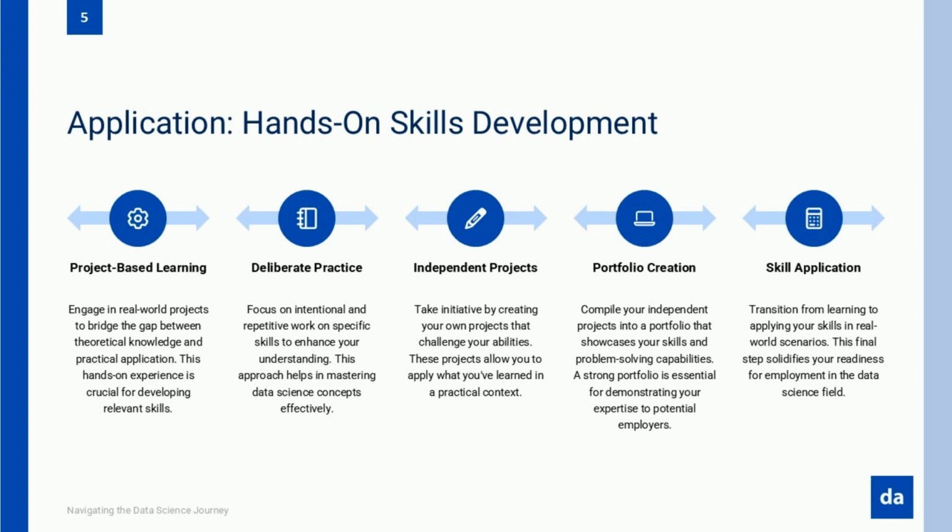The transition from understanding concepts to applying them represents a critical developmental step in your data science journey. It's also where many aspiring data scientists get stuck. You've learned the mathematical foundations of algorithms. You understand how regression models work in theory, but can you implement them to solve real problems with messy data? The application phase is where you'll encounter the classic catch-22 of the job market. Companies want candidates with experience, but how do you gain experience without first getting hired?